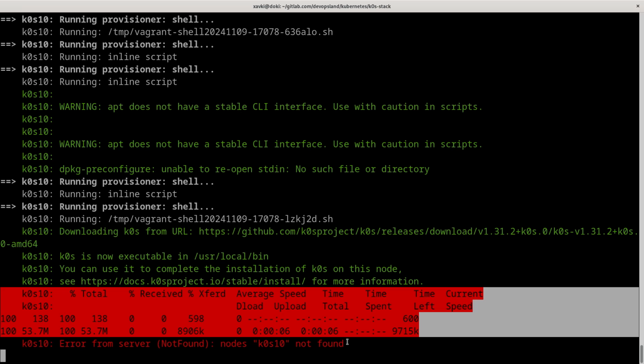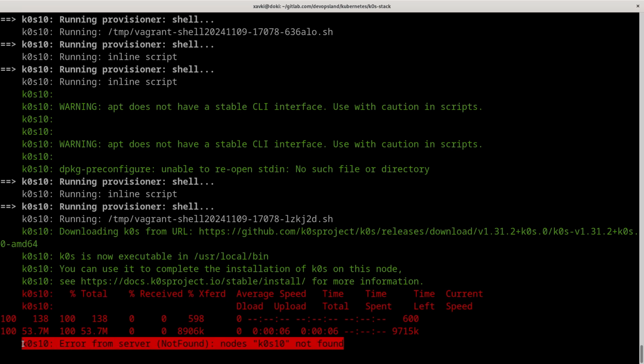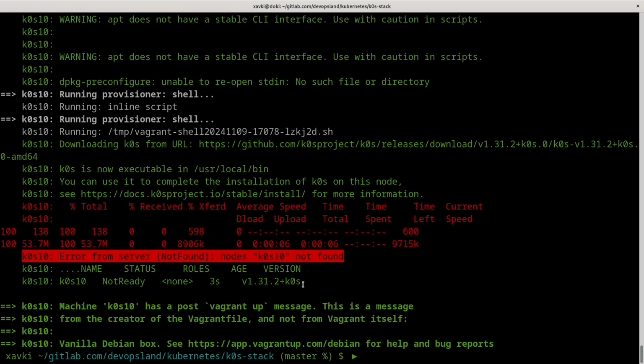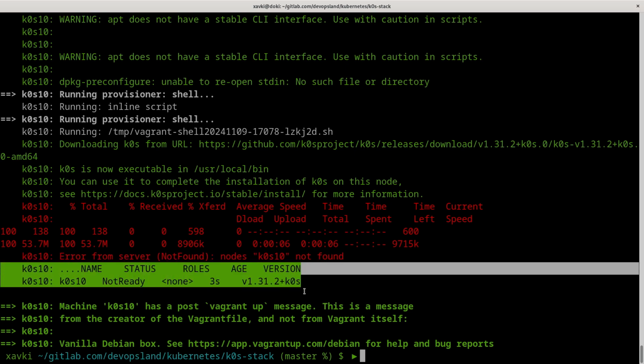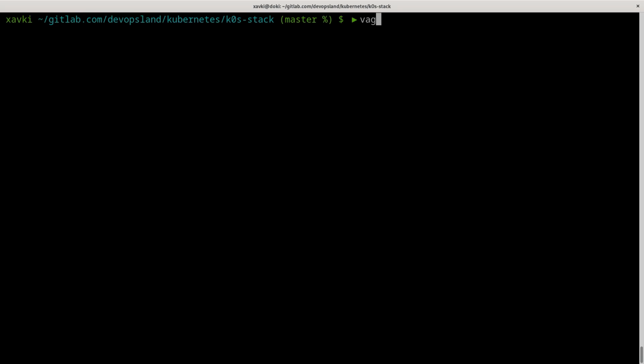So we have a check of the node. The node is not up, and you see the node is not ready at the end because I think the shell script has been too quick. So now I can connect to it with vagrant ssh k0s10 here.